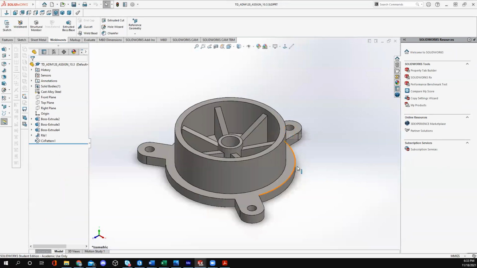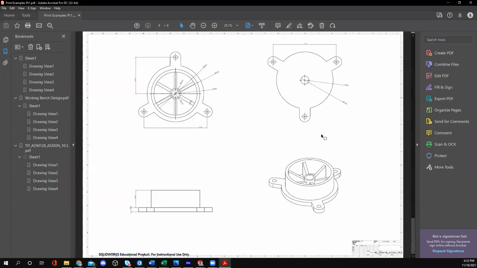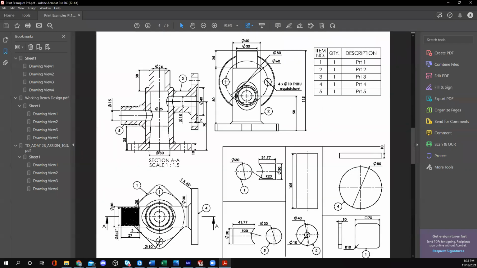And so to give you an idea, obviously there's a lot more stuff that could go on in a blueprint. I didn't make this blueprint, right? So there's a lot more stuff going on here. You have cross sections, it tells you what your material is, a ton of other stuff in here. Tells you what your threading is, stuff like that. But